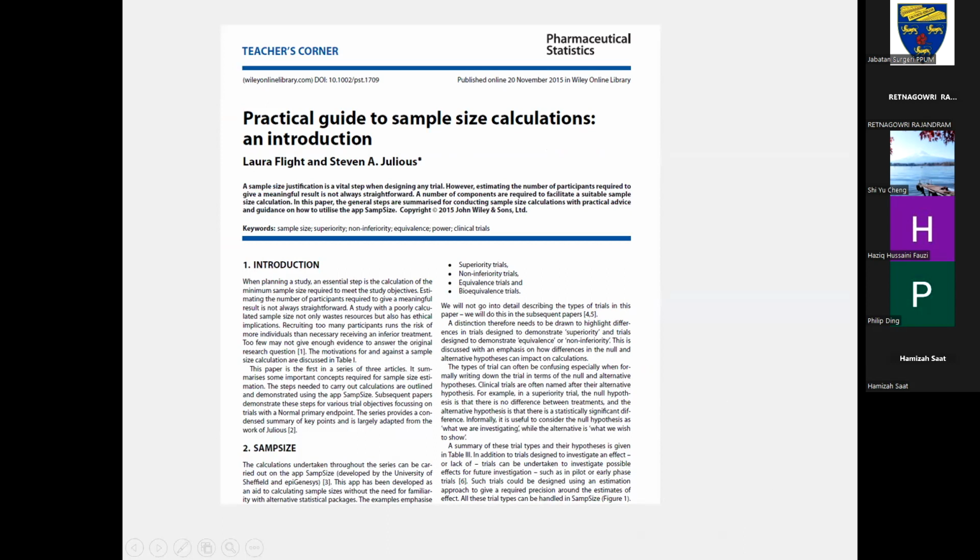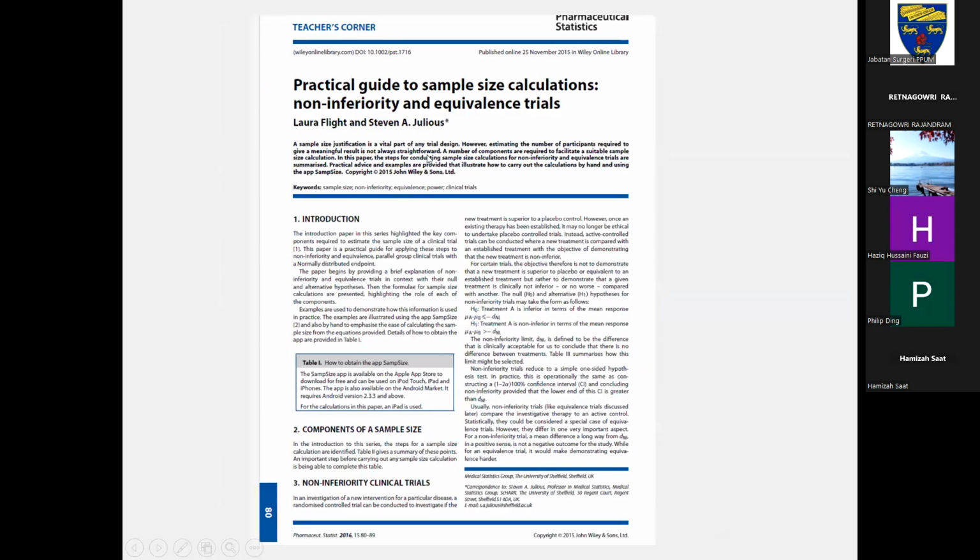So there are papers out there which explain, when it comes to RCT, when something is superior, when something is equally as good, and so forth, and the terminology, so you can read. And then the sample size. The reason why this is important is because the sample size calculation for a non-inferior or an equivalent study is different from when you're calculating for an RCT for a superior study, which I was showing you now. You can't use that. You will have to use a different formula as per this reference paper, okay? You may put in the same numbers, but you have to use the formula from this paper, okay?